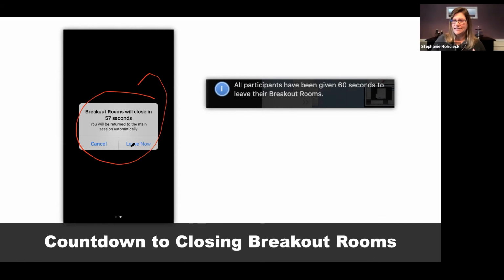And they can actually leave now. You'll see, because I will let you leave. If they're done in that wrap up time, they can just come back to the main room, or they can just wait until it counts down to 0, and then it will throw them back in the main room. I get this little note, and it's this tiny. It's way up on the top right. So just know that some of these announcements are really tiny, but they get something that's much more obvious to them. They get a little screen right in the middle.